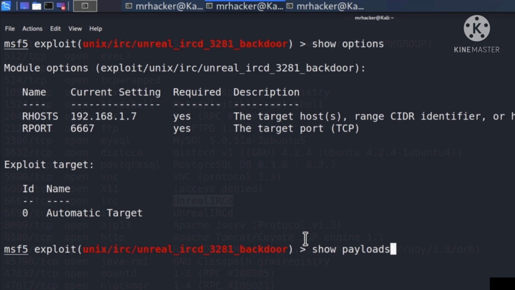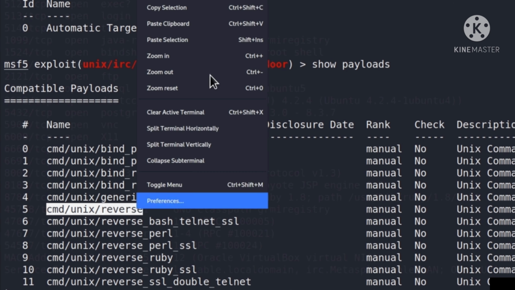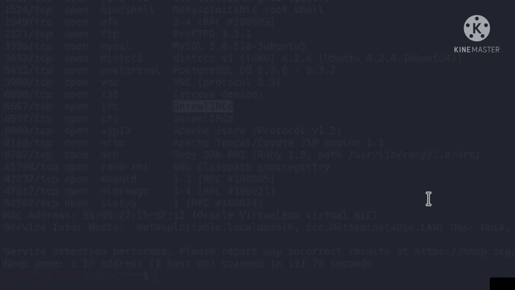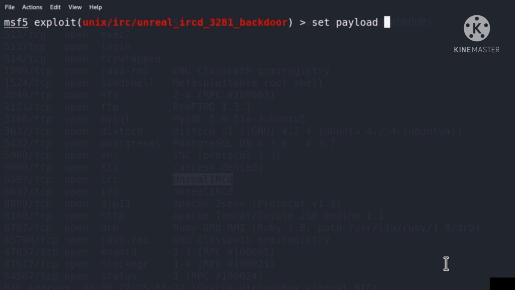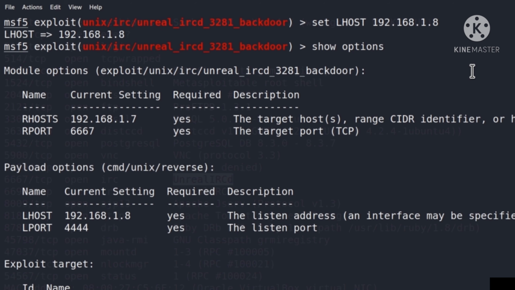Show payloads, pardon me, not show options, and we get the same result as previously, so we're just going to go with the reverse TCP over telnet. And if I type set payload and then paste the payload name. Now we need to set the lhost to be the IP address of our Kali Linux machine, and if we triple check our options, everything is set, type run,